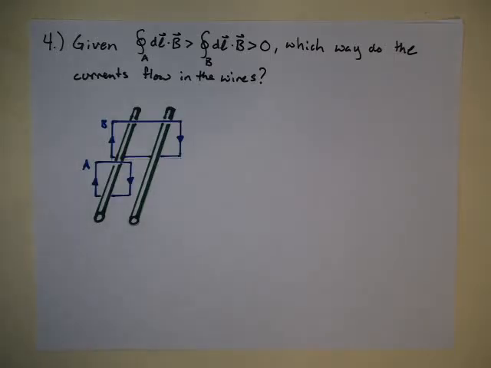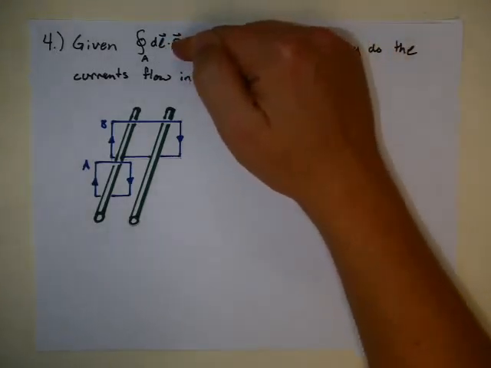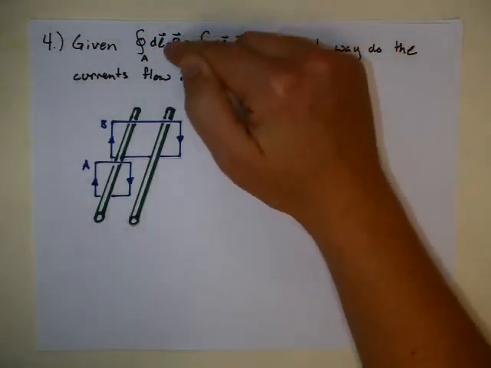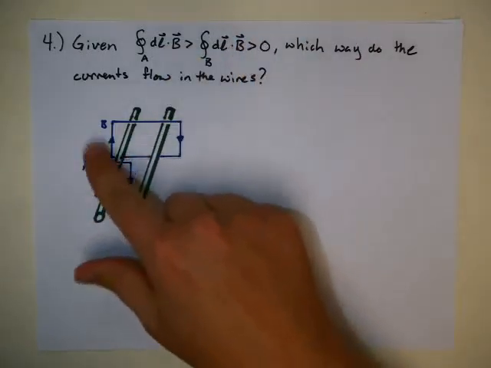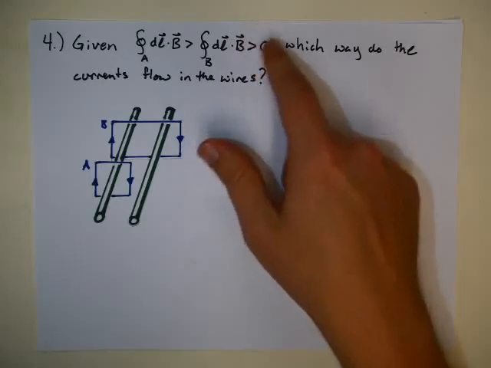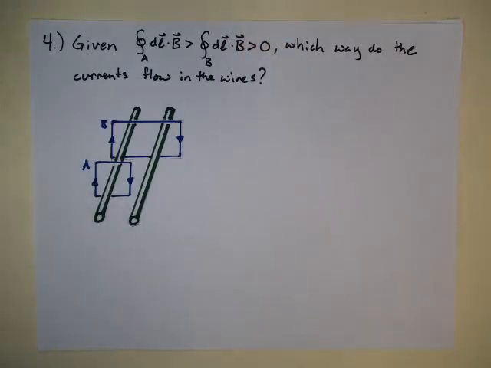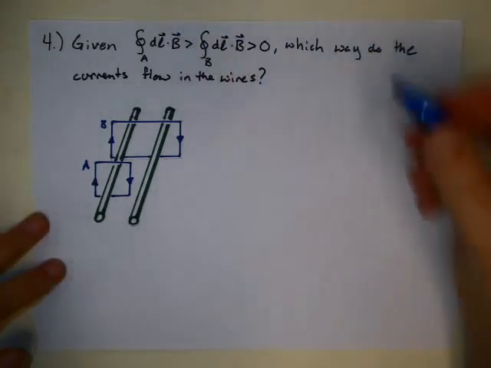Practice exam, problem 4. Given that the line integral, the path integral of the magnetic field around loop A is bigger than the path integral of the magnetic field around loop B, and they're both bigger than 0, which way do the currents flow in the wires? Well, to do this, this is giving us a strong hint, we're going to use Ampere's